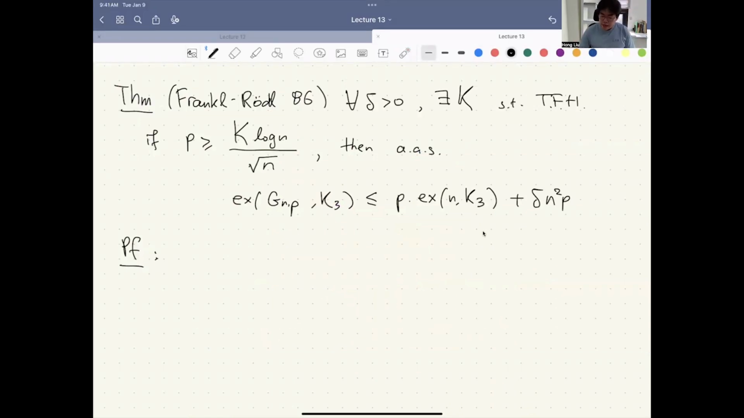Let this number be M, plus delta n squared P. Now we're going to get containers. So how do we get containers? Well,